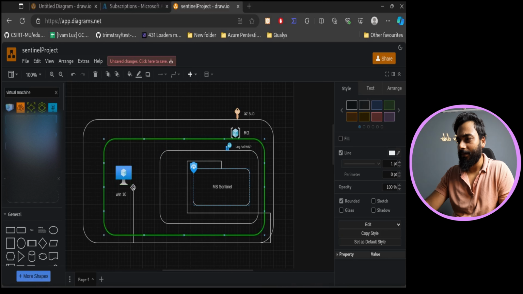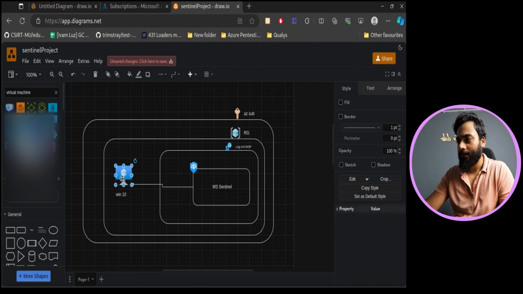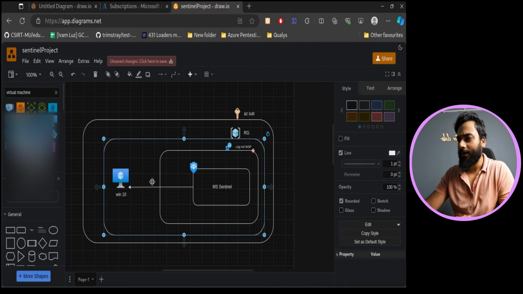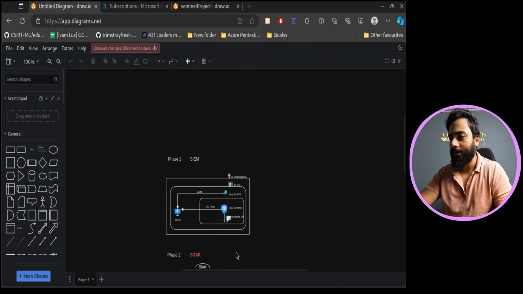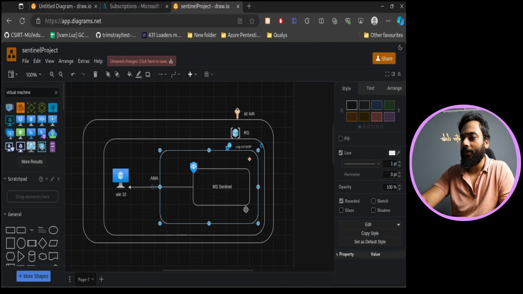So let's keep it straight. Okay, cool. So here we will be installing the Azure Monitoring Agent, and I believe it should be a data collection rule. Okay, AMA, and on top of this we can build a data collection rule. So the data collection rule will be from the log analytics workspace,